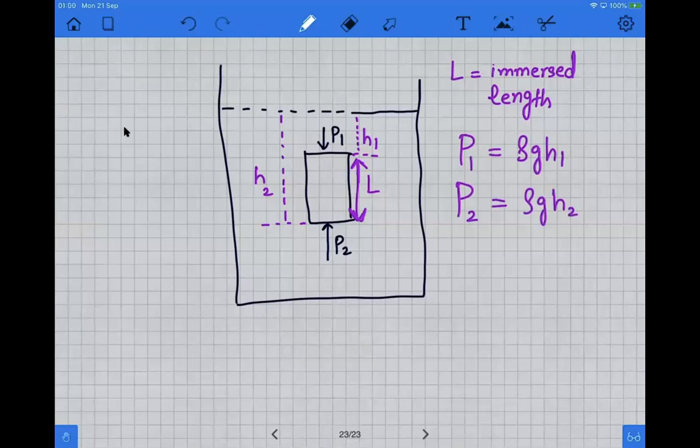Now, if we calculate the net force, then the net force is equal to the force at the bottom, P2A, minus the force at the top, that is P1 into A. Now, if we substitute the values to calculate this net force, which is upwards, and this net force is called upthrust,